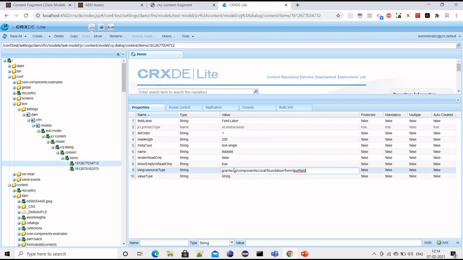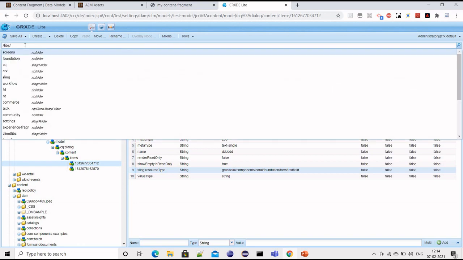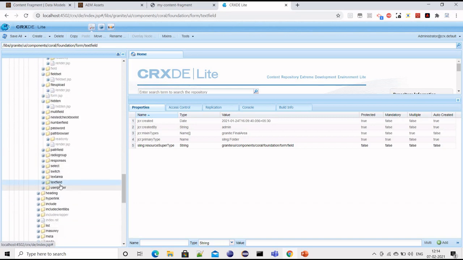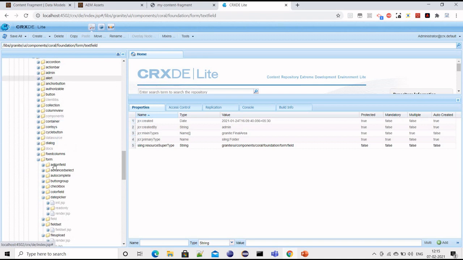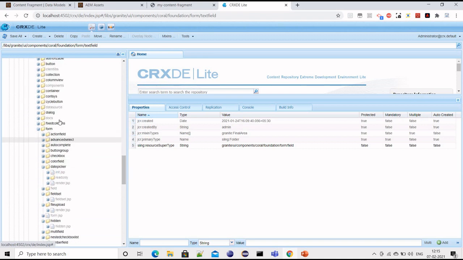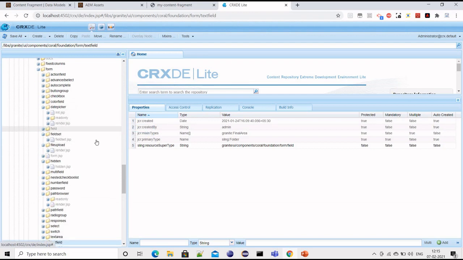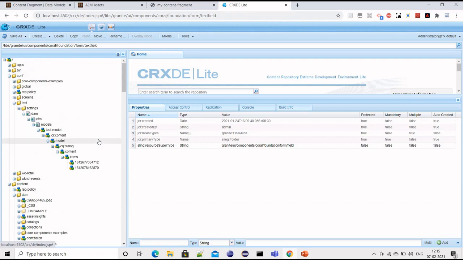If we go to this path, this is the text field which we have from the out of the box libs folder, basically the form fields, but there are other data types as well which we can refer to and use based on our need. But actually most of the purpose we will resolve with out of the box data types only.